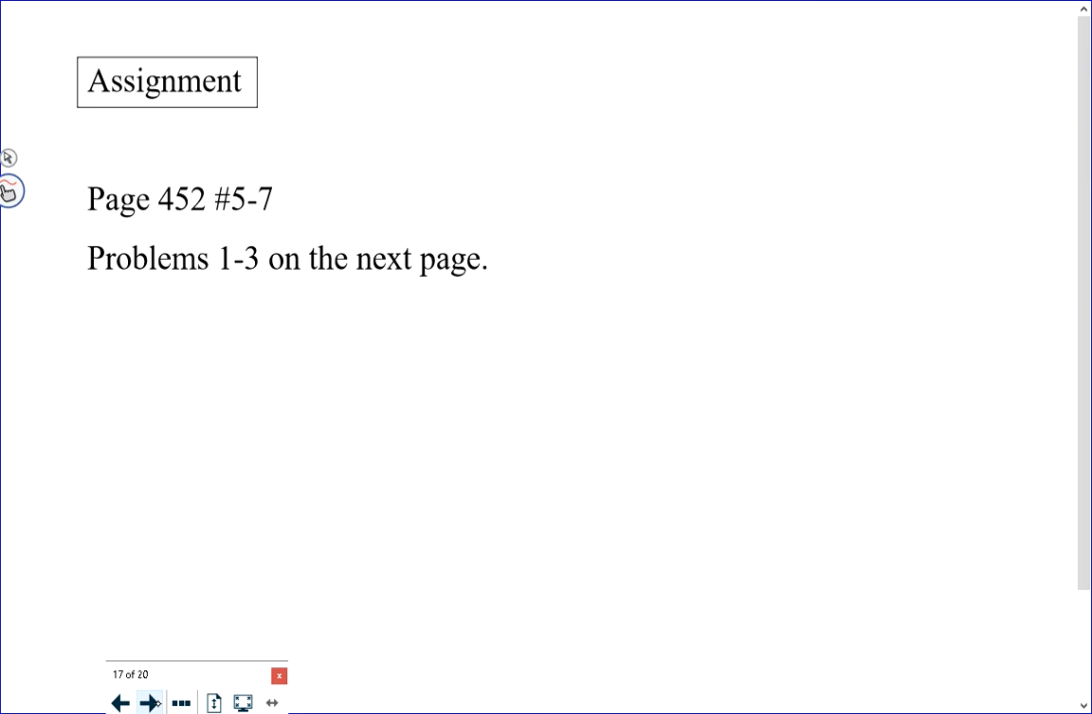There's your assignment dealing with this lesson, page 452, 5, 6, and 7, and problems 1 to 3 on the next page. I hope that lesson made sense, and I hope you have a